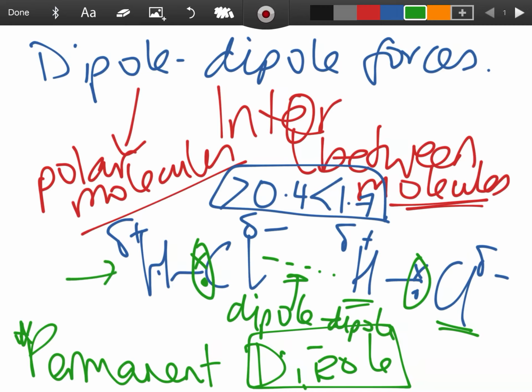forces. Dipole-dipole forces are a bit stronger than van der Waals. So that would mean that something like HCl would have a much higher boiling point than something like neon, something that has van der Waals forces between the molecules. So the dipole-dipole force is stronger than van der Waals, so these molecules would have higher boiling points, much higher